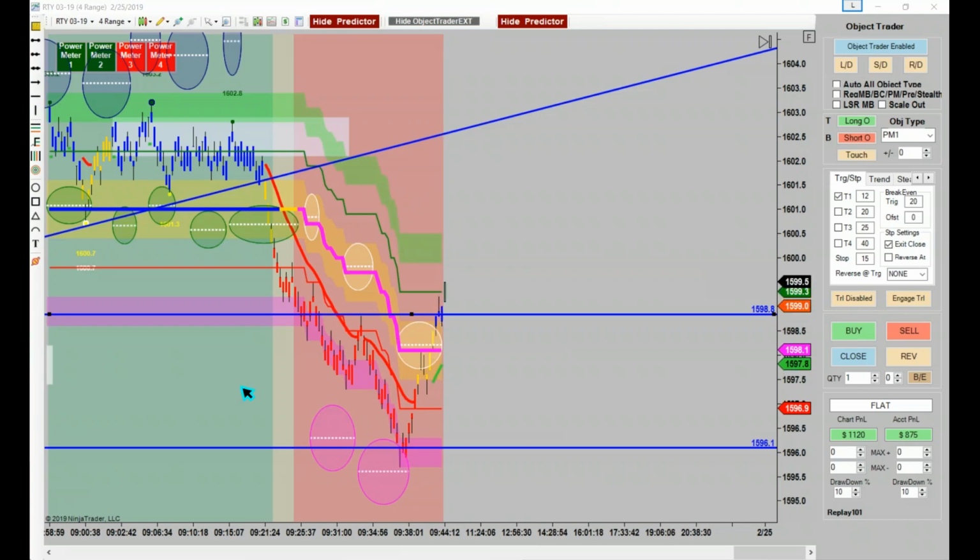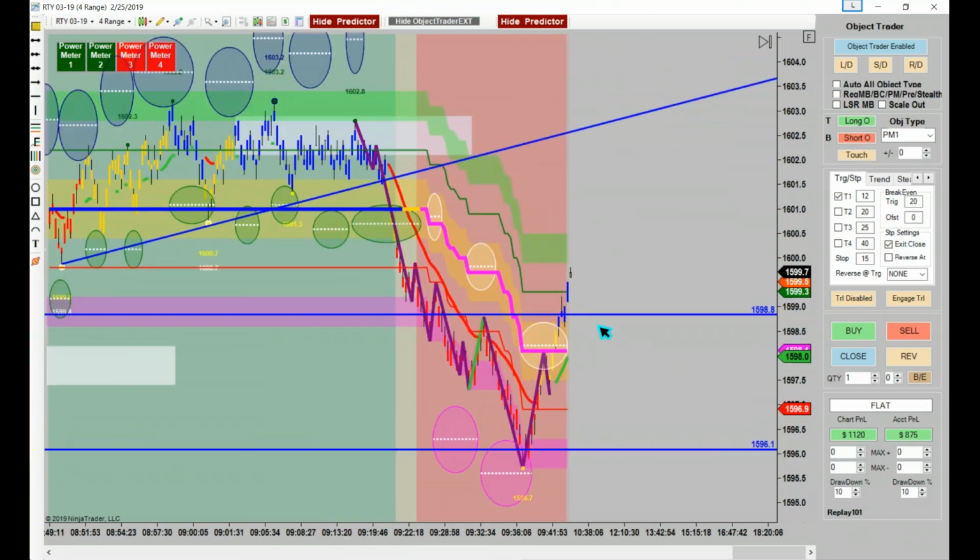Oh, and if you don't see it, let's draw it. Sorry about that. We'll draw it too, because you've got to be able to see it. See it right there? Now, if you were looking to take a long here, to give an example, we do teach to box in